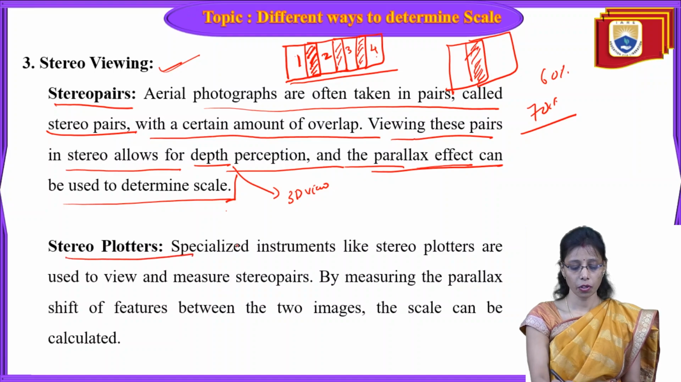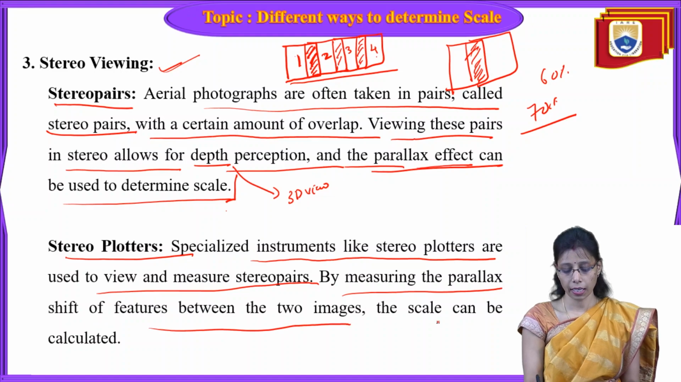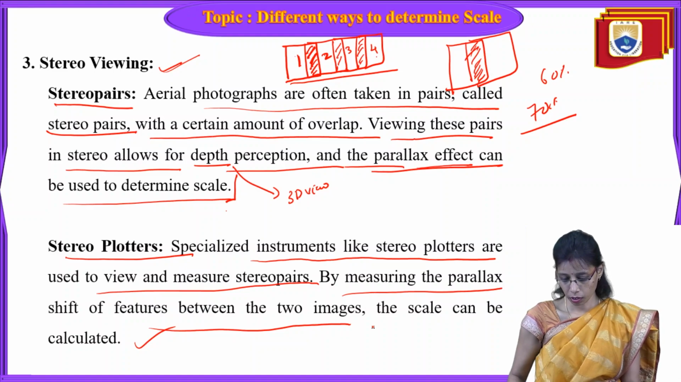Next, you have stereo plotters. Specialized instruments like stereo plotters are used to measure stereo pairs by measuring the parallax shift of features between two images. The scale can be calculated. So the third way of determining the scale is stereo viewing. Stereo pairs we have to use. Next, we have a